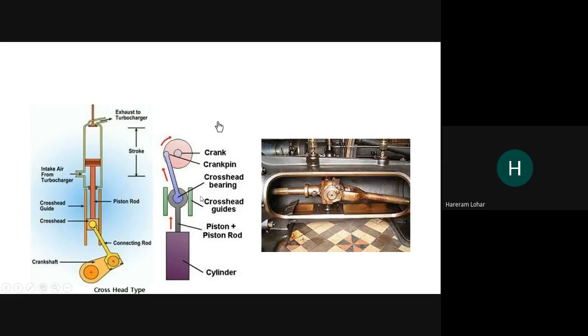Now again, when we go to another view, the assembly. Okay, so this one is the cylinder. Inside that, the piston will be there. So this one will be the piston rod, like this one. This one will be the piston rod. It will have the reciprocating motions. Now here it will be the